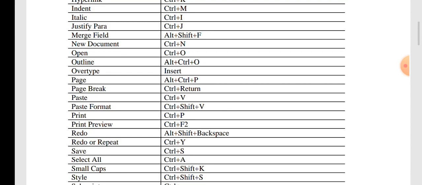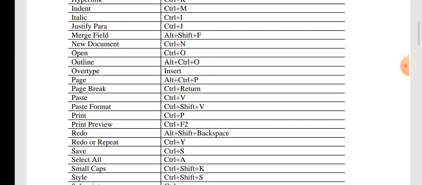For save there is the key Control plus S. And there is another question which is asked many times in examinations: what is the difference between save and save as command? Basically both are the same, both are used to save our document.